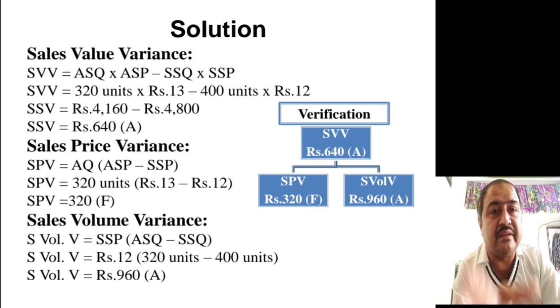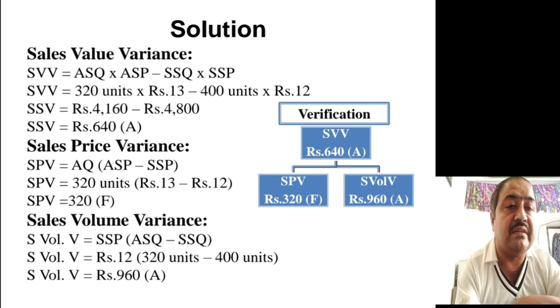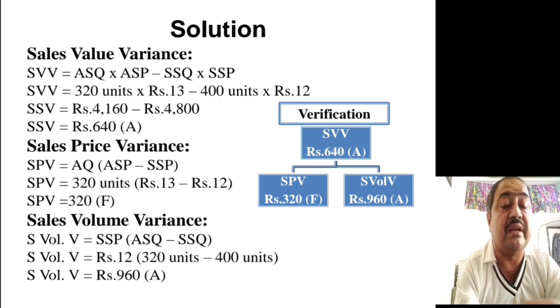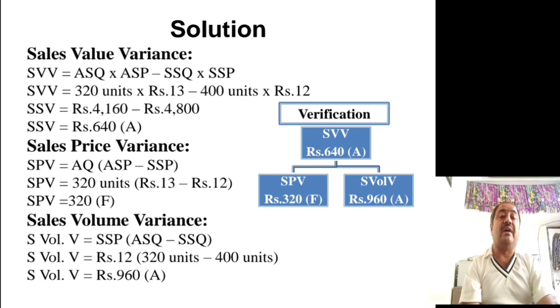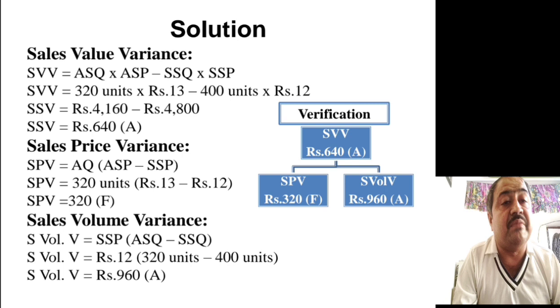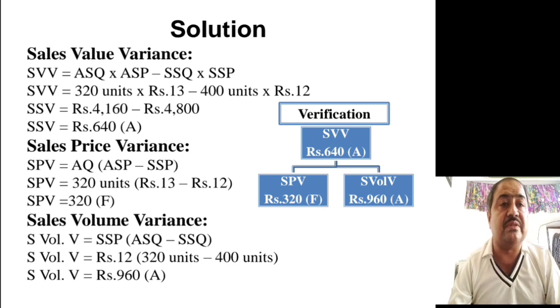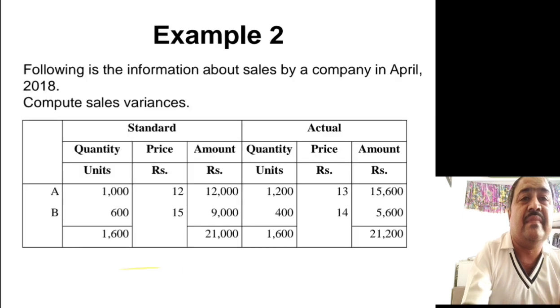And 960 adverse. The total of this, 320 favorable and 960 adverse, is equal to 640 adverse. Here adverse means minus, negative, and favorable means positive, plus. So this is the verification. Very simple example we calculated here. Okay, now next is